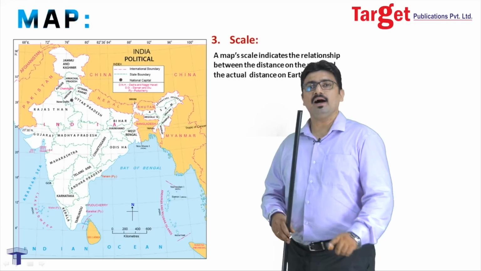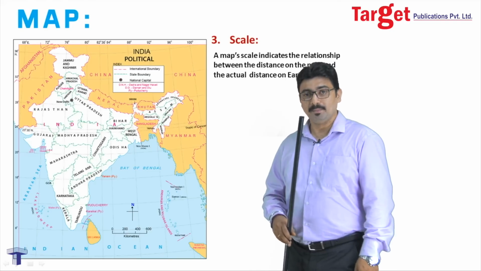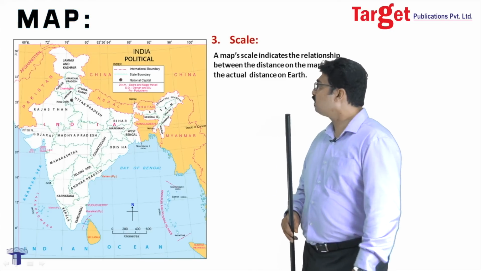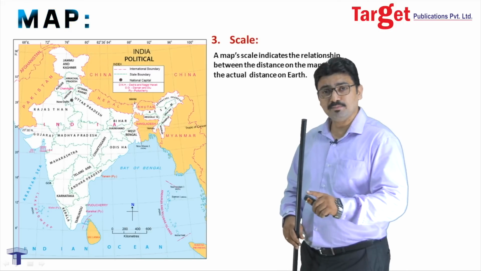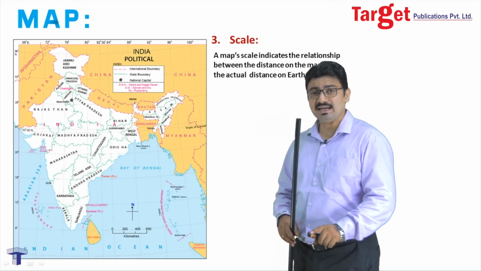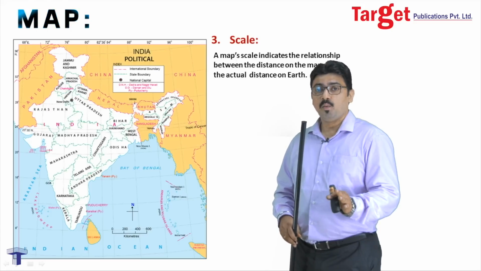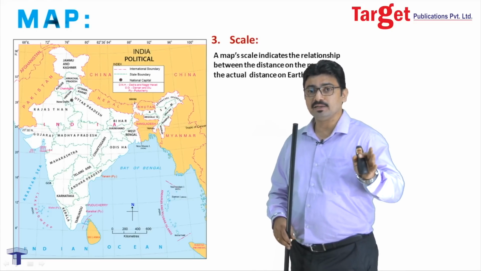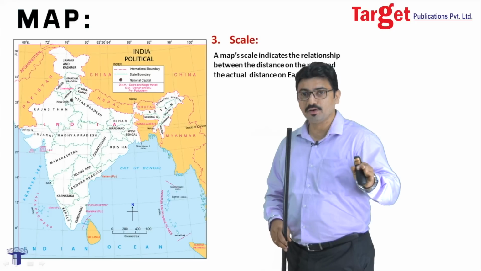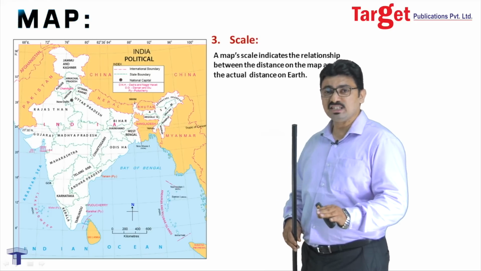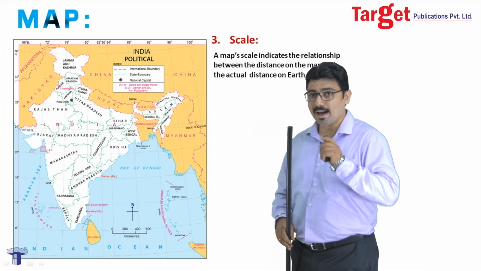So, grids again are a very important aspect of a map. Now, after grids, the next important feature, as we have discussed earlier, is the scale. As I said, scale determines what is the region and how proportionally we have reduced it to be represented on this flat surface of the map.